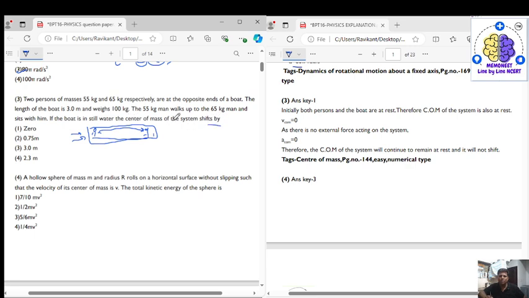It does not shift. The correct answer will be option 1. Why does it not shift? Because all the actions are taking place internally. So no external force has been applied on the boat or on the system, and because no external force is applied on the boat,